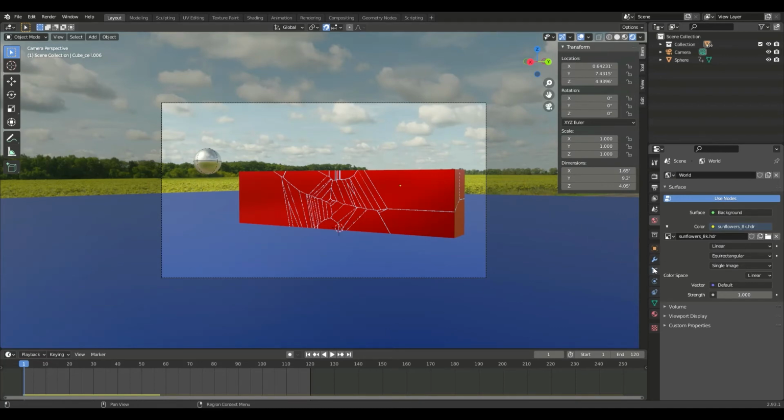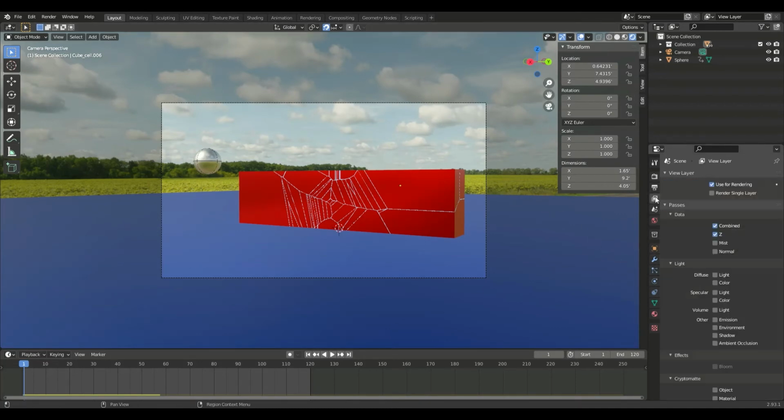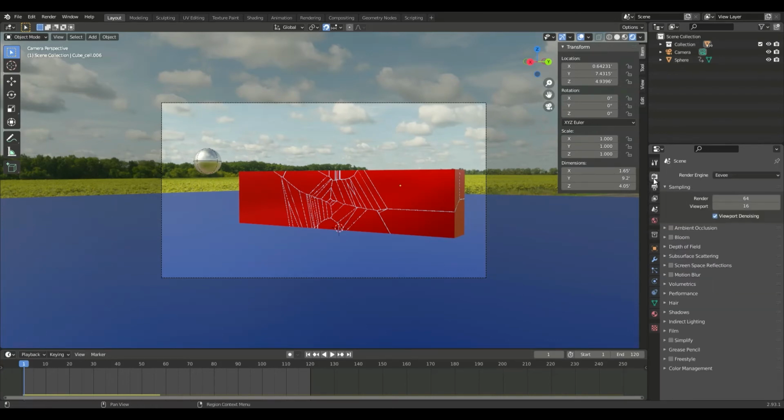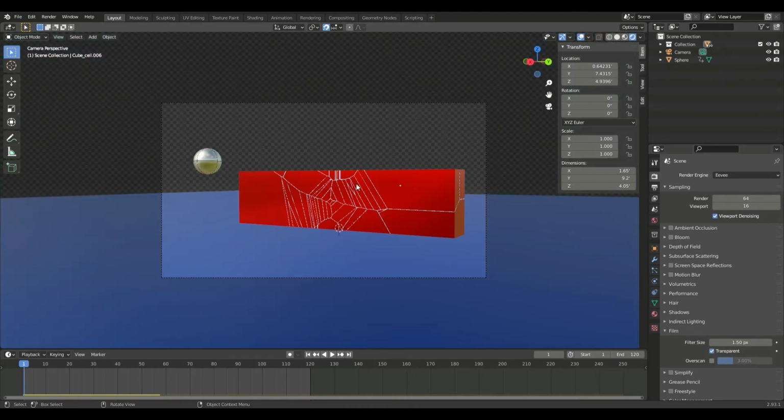So I'm going to go to, where is it? I believe it is this tab, the tab with the camera. We're going to go down to film, and we're going to click transparent. That's going to make the background just transparent, and you can put whatever you want behind it.